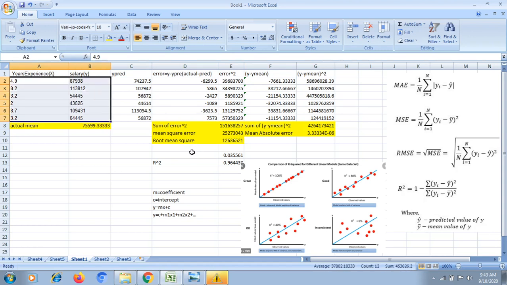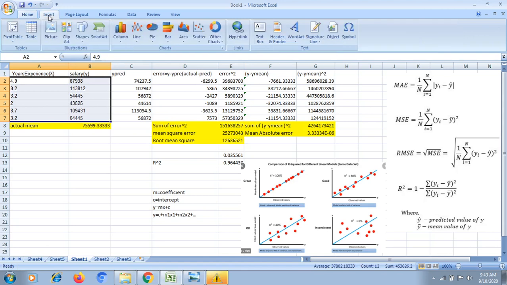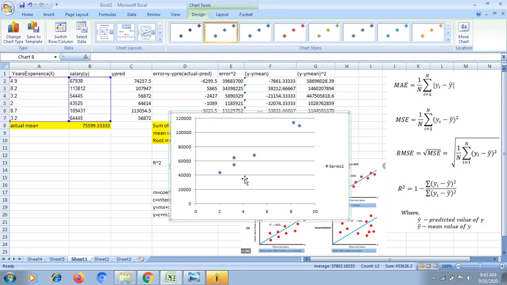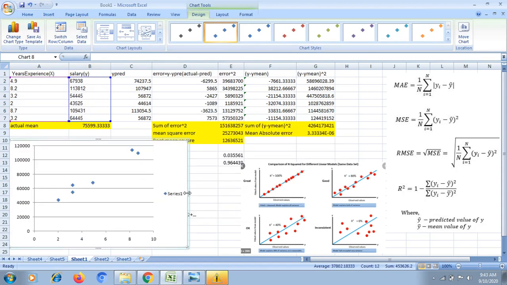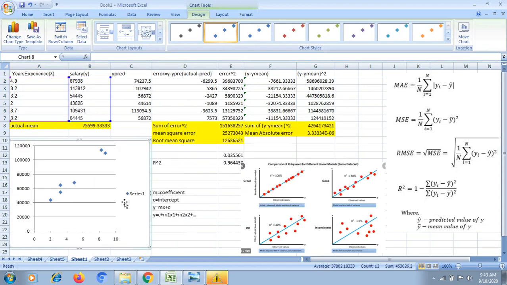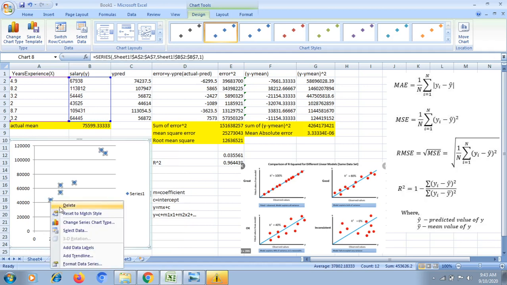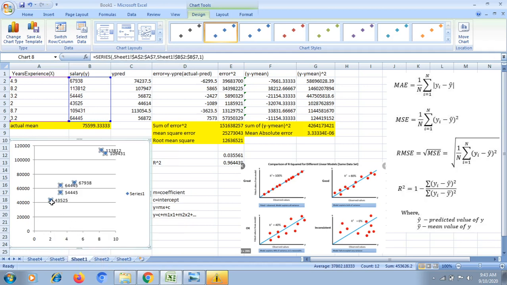For example, I am trying to represent the first case with a scatter plot. After that we can predict using the scatter plot. Here I am trying to display my data: what is the years of experience, what is my value. Here I am displaying my data labels. For 2 years of experience, my salary is 42,525. I am trying to represent all my sample data using dots. We have 6 sample data points, and I am representing all the samples using dots.